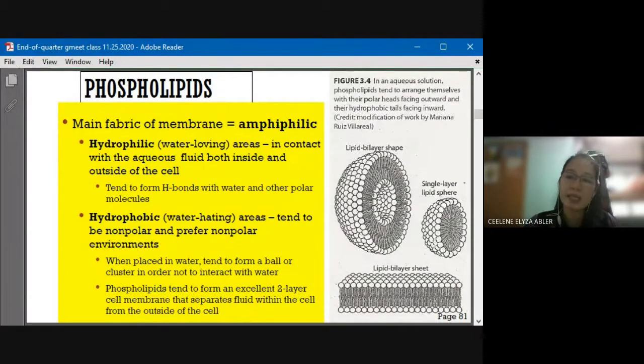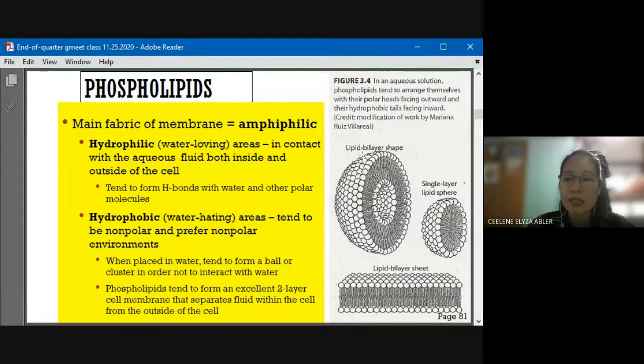Halimbawa, ang substance na dinala ni cell is actually a solution that is fatty ang substance. So, halimbawa, kung fatty naman siya, class, it doesn't need a lipid na bilayer ang vesicle na mag-e-enter kay cell. Ang gagawin ni cell is magpipinch off lang siya ng single na layer ng lipid na sphere. So, yan siya magiging shape ng vesicle mo. Single lang na layer. Kung naman siya, ang content ng cell is fatty acid. Pero kung ang content ni cell is